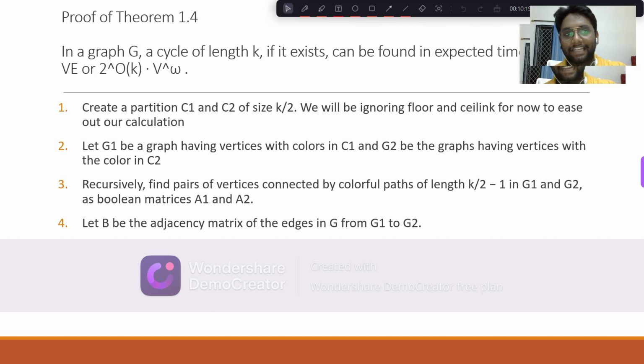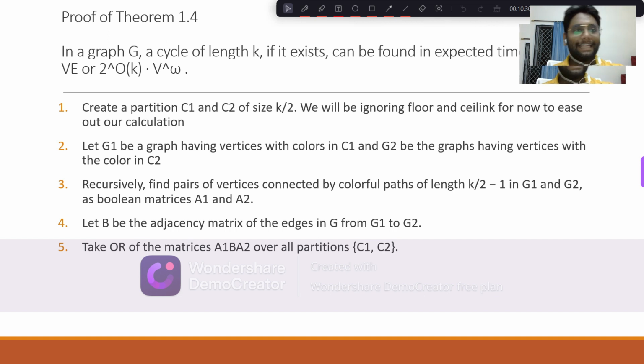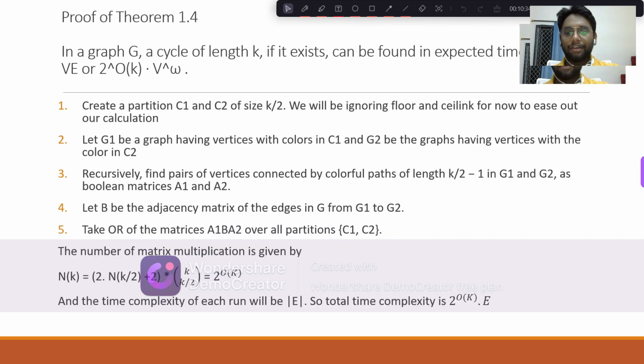To move along that direction, we'll create an adjacency matrix B, which has all the edges from G1 to G2. Now, to finally find whether a path is possible, we'll take the OR over A1, B and A2. If a path is present, that OR will give us a 1 at some point. And to show the calculation of how it's working, it will be like 2 times n of k,